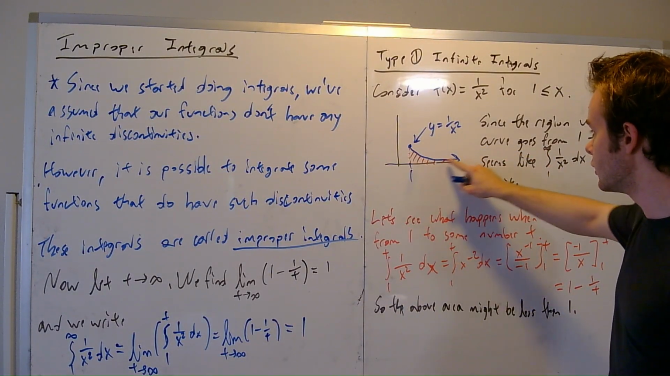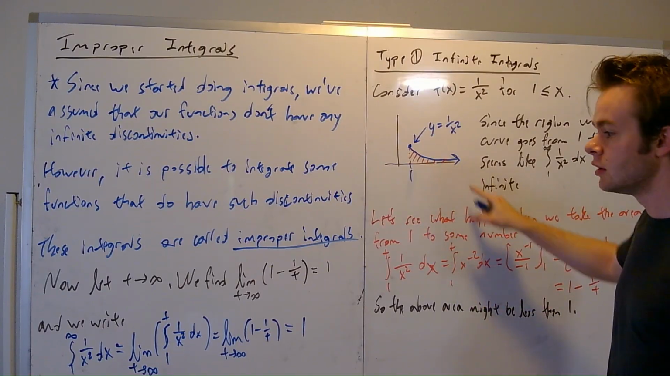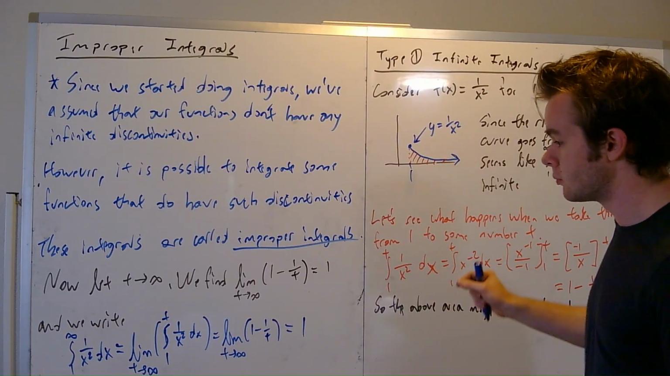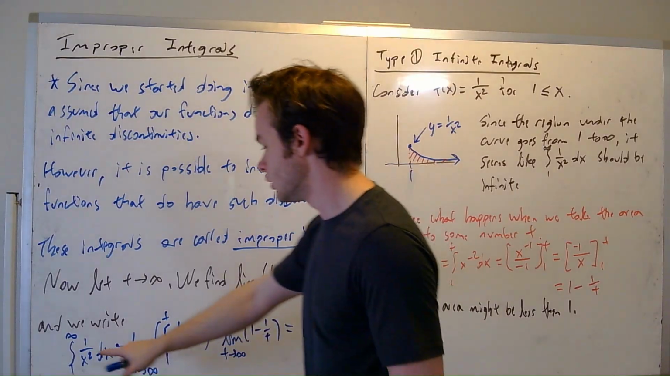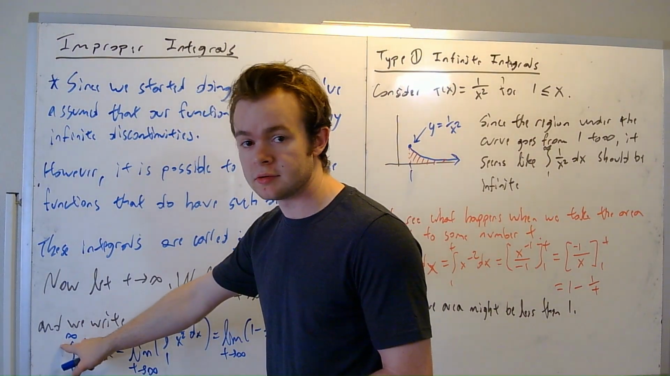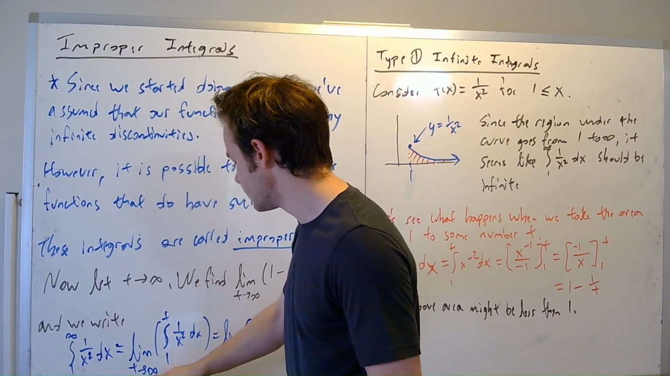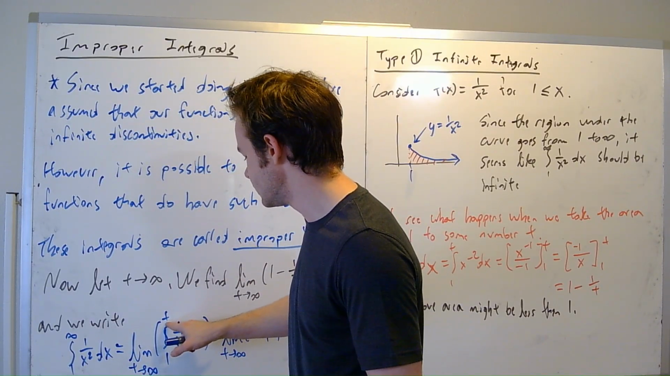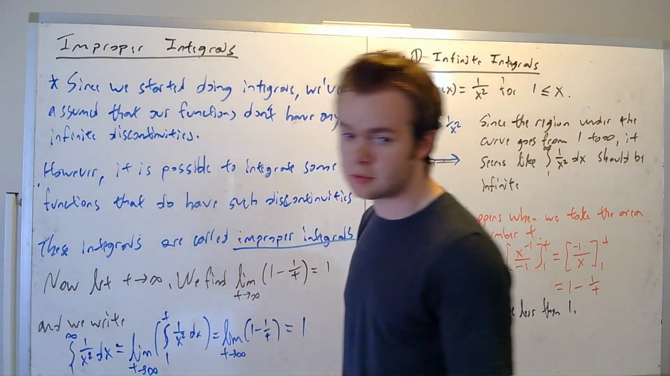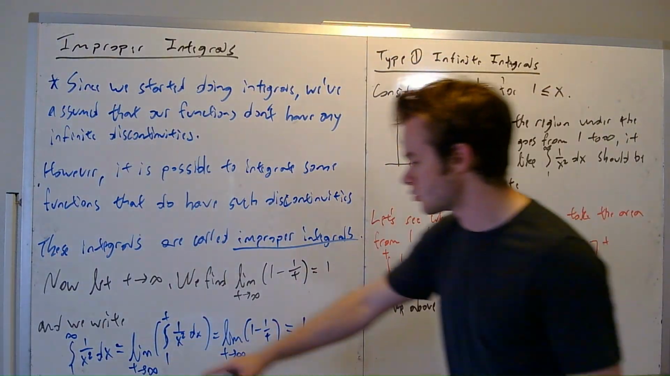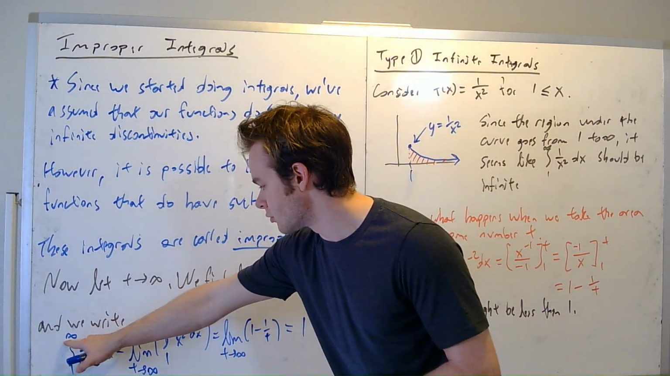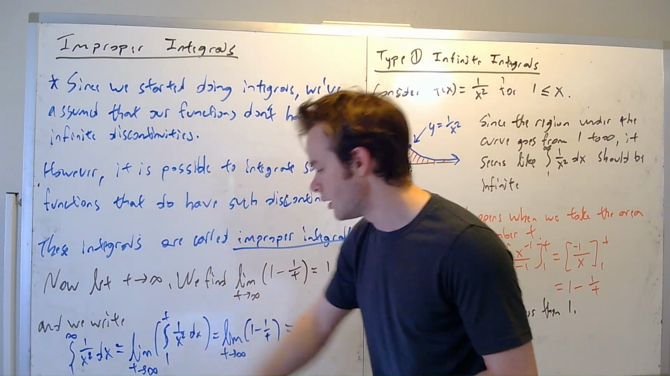So it looks like the area should be infinity, but actually the area is 1. So that's why it's important to actually do the calculation here. The way we deal with these infinite integrals is we take out the infinity and replace it with t, and just take the limit as t goes to infinity, right? So that's our strategy: just replace this infinity with a t and take the limit as t